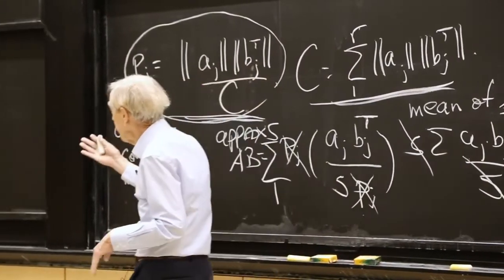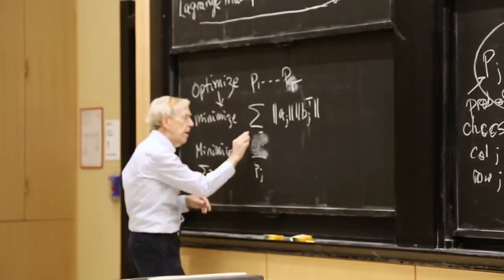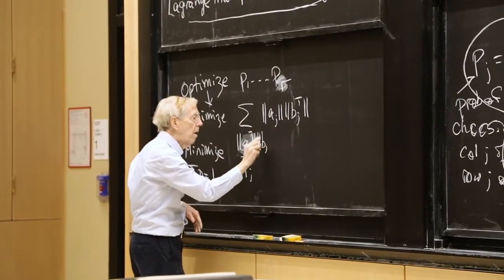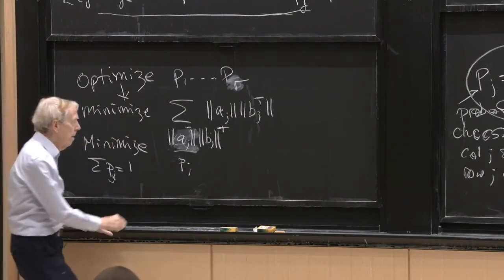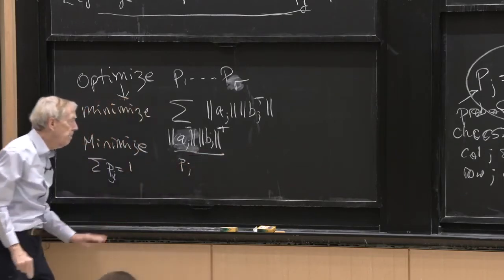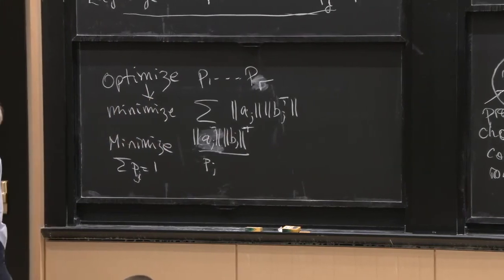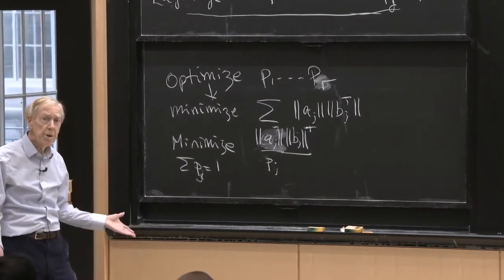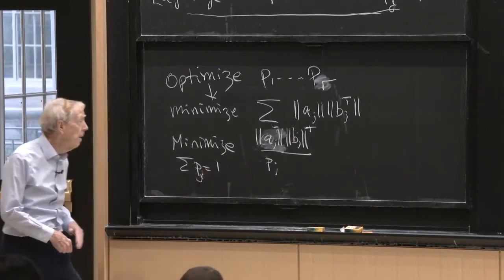I'm getting this answer, and instead of putting in some weird Q, let me put in what these are. They're a bunch of numbers. But I'm dividing by the PJ. And how do you find the best PJ? Do you know about that optimization question? They have to add to 1.